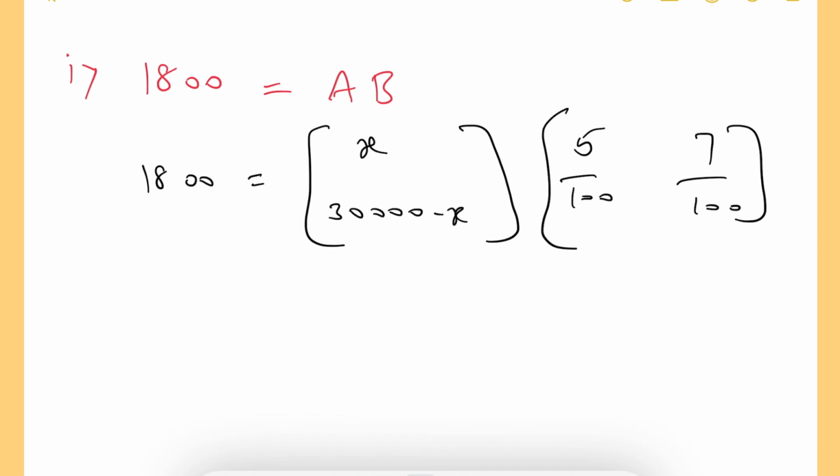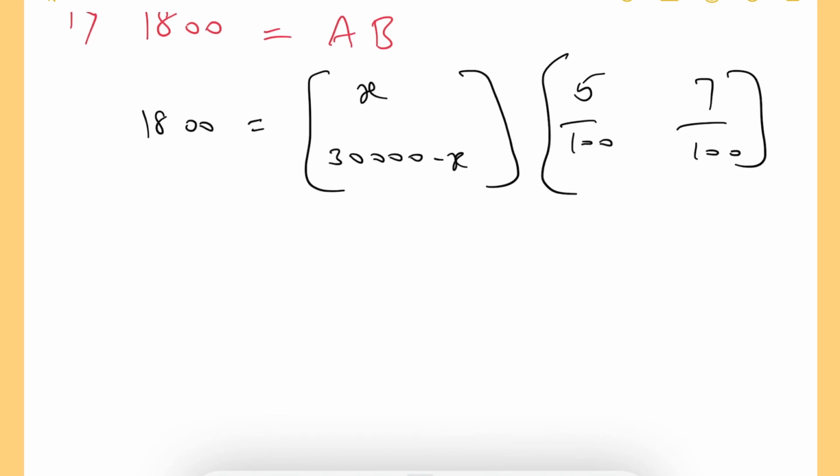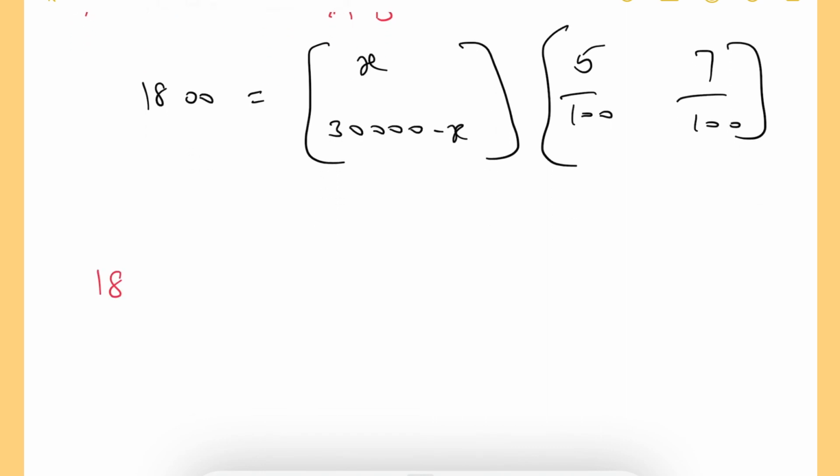In the first matrix only one column is there. In the second matrix only one row is there. So matrix multiplication is possible. 1800 as it is equals to